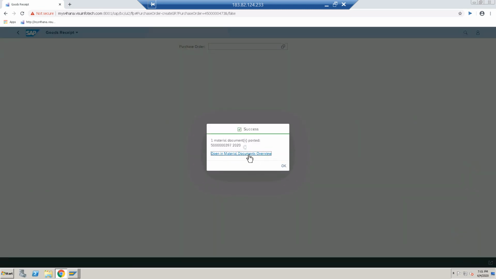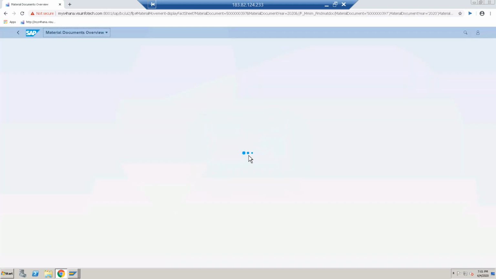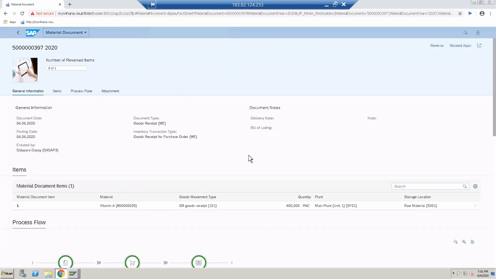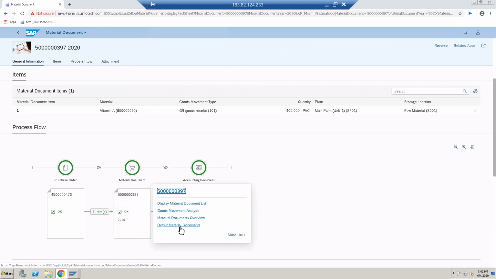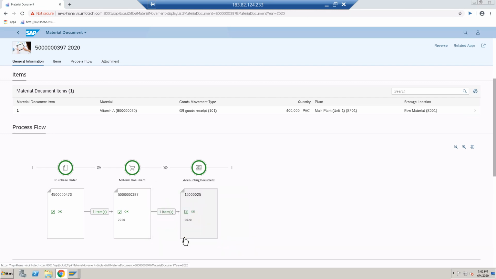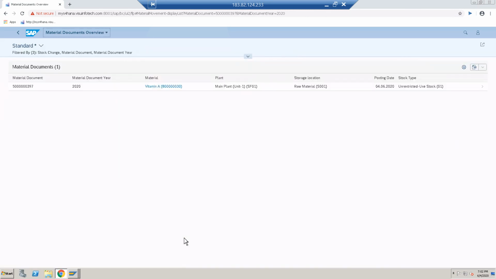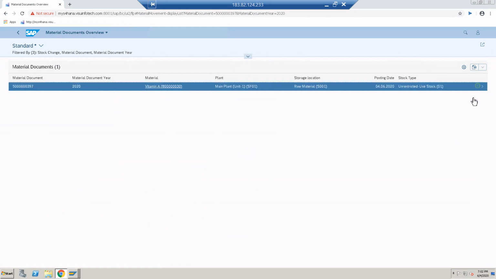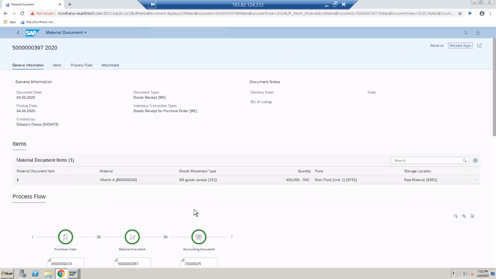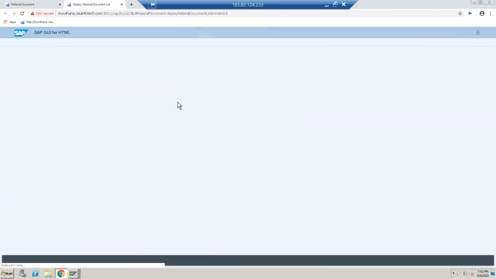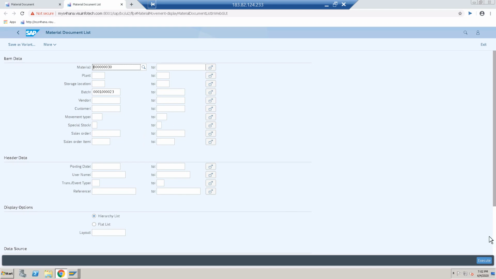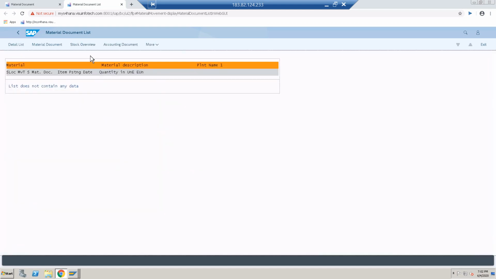Now click on open material document overview. You can see the batch of this material. Sorry, material document overview, it's going to MB51 actually.